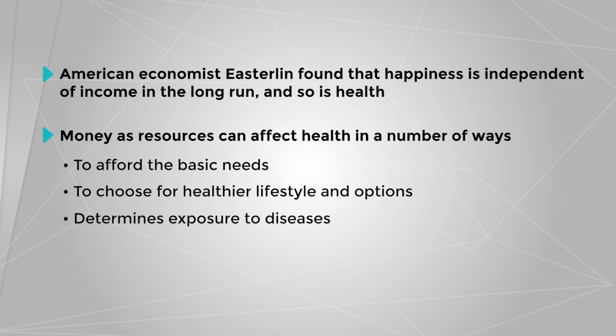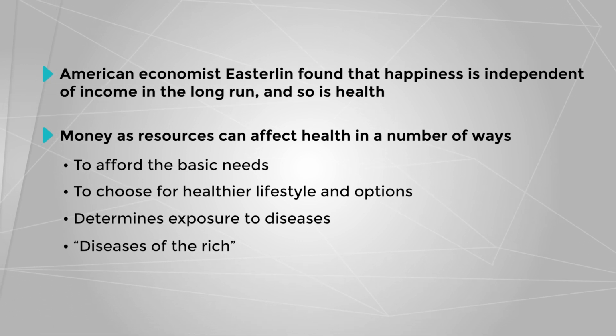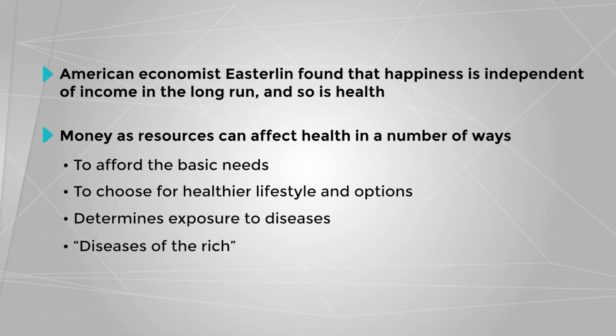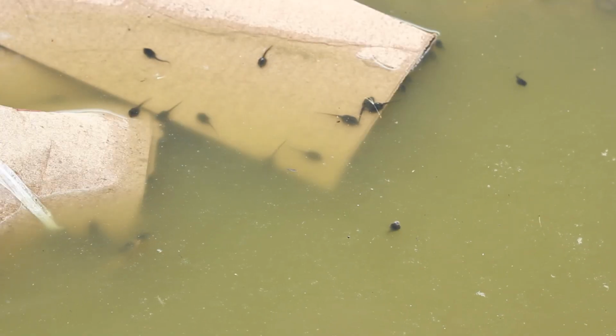On the one hand, it is believed that higher income individuals may have higher financial stability, that is, better access to resources and quality of life, thereby lower stress and morbidity levels. On the other hand, many scholars refer to some diseases as diseases of the rich or diseases of affluence, namely hypertension, type 2 diabetes, and obesity. Lower income groups and countries face illness related to malnutrition, unsafe and unhygienic living conditions, such as infections, allergies, and communicable diseases.